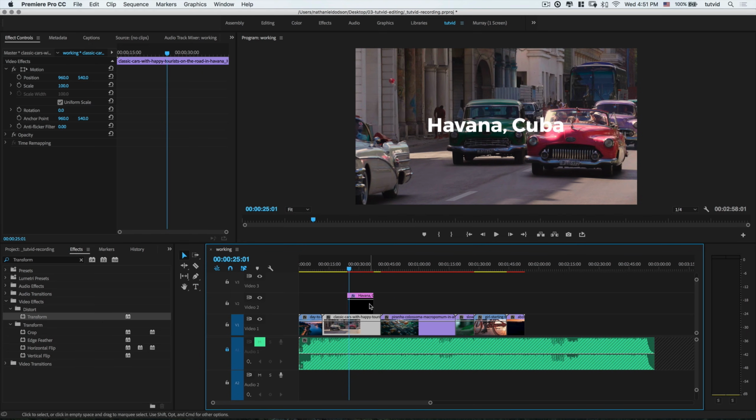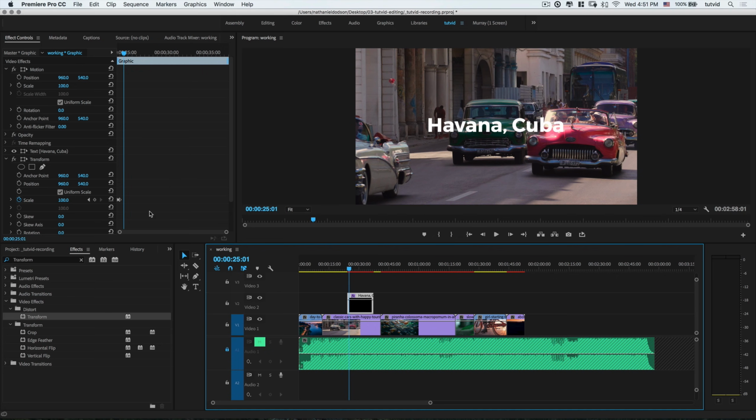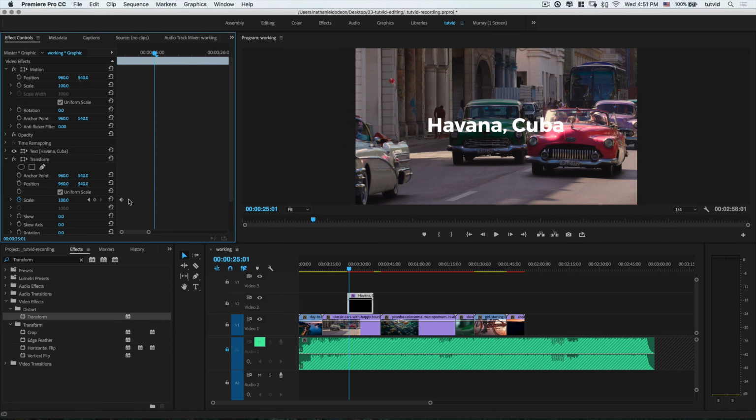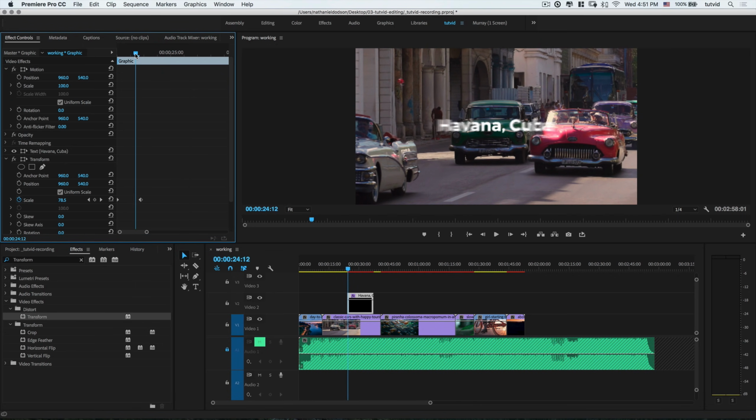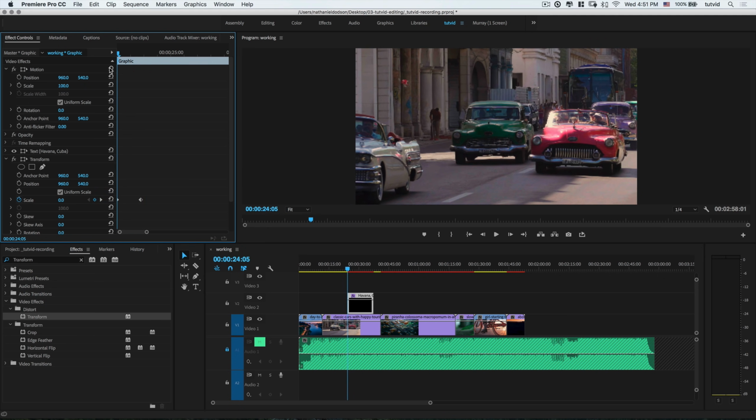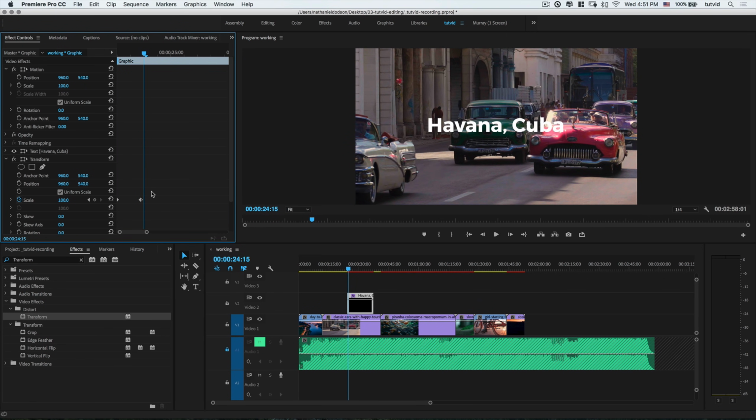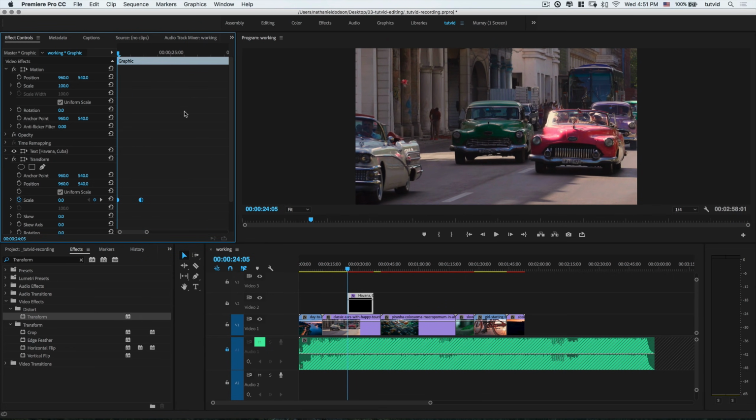Now, speaking of this effect, this brings me to tip number 15, getting better, crisper, more professional looking animations. I'm going to select this animation timeline and hit my plus key to zoom in a little bit more. Let's say we want to give this a little bit of bounce, right? We want to make this look a little smoother, maybe a little bit more like it was made in After Effects. Well, we can select both these keyframes by dragging a selection over them. We can right click, and maybe we'll just go with something simple like an auto Bezier, which is going to give it a little bit of easing in,